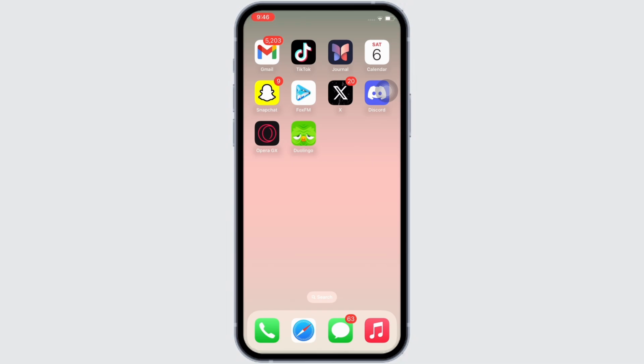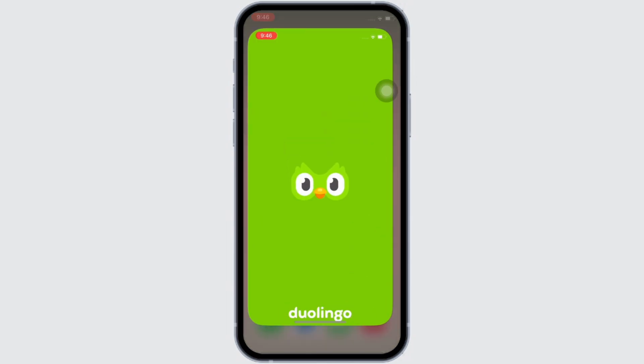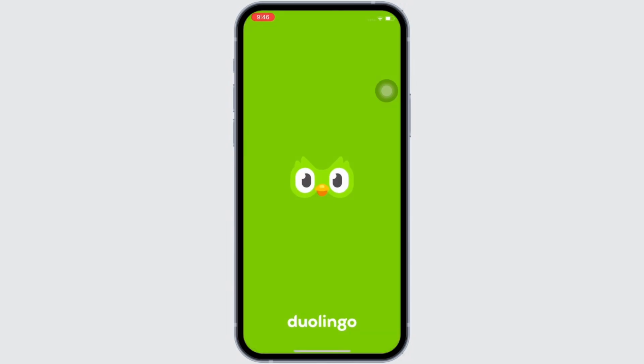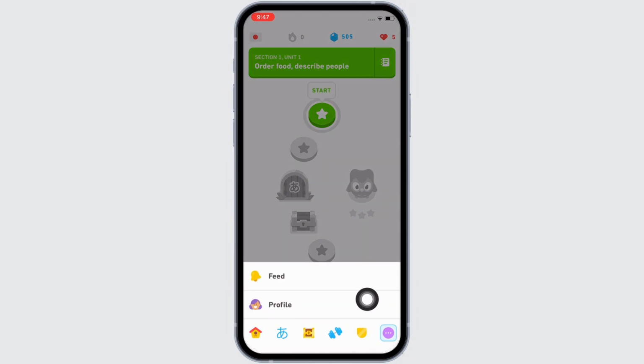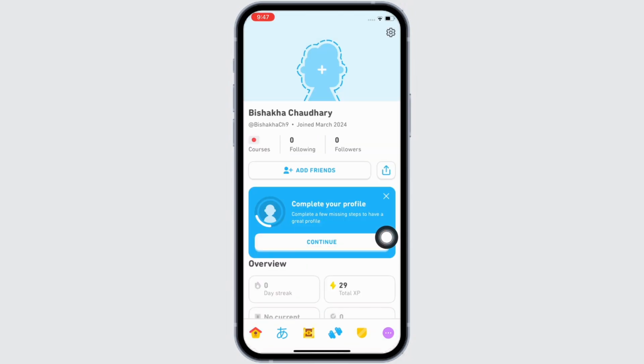Firstly, make sure you are using an updated version of the Duolingo application, and if not, then go ahead and update your device further. Now open the Duolingo application on your device and make sure you are signed in, and further tap on the three dots on the bottom right of your screen and then tap on the profile option you see there. In the interface that you will be led to, you can either tap on the plus icon